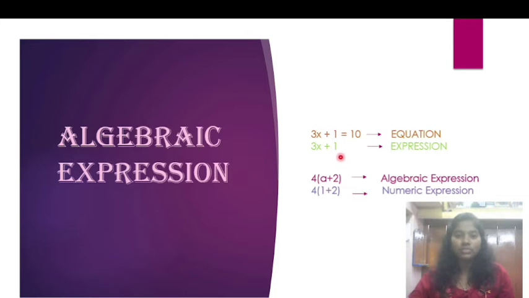In the expression we can put x as anything. For x we can put anything like x is equal to 1, x is equal to 2, x is equal to 3. Anything we can put at the place of x. So this is the expression, which doesn't have any equality sign. Okay. So in such expressions there are again two types. First one is the algebraic expression, second one is the numeric expression.